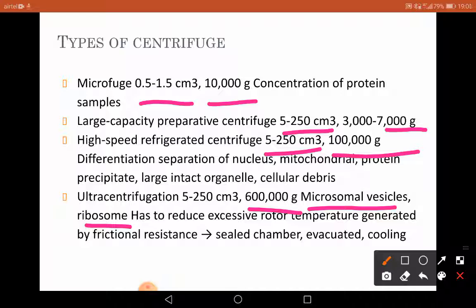So we require vacuum, and we also require cooling, because when the rotor is rotating for so many lakh times in a minute, the heat is generated. You can feel the same thing when the mixer is rotating for 10,000, or for some time the mixer or the contents within the mixture get heated up. So to avoid that, once you are planning to isolate a protein or a DNA or any other important biomolecule, high temperature may damage your enzyme, or it may damage your protein or the subcellular component. So when we increase the speed, we require cooling.